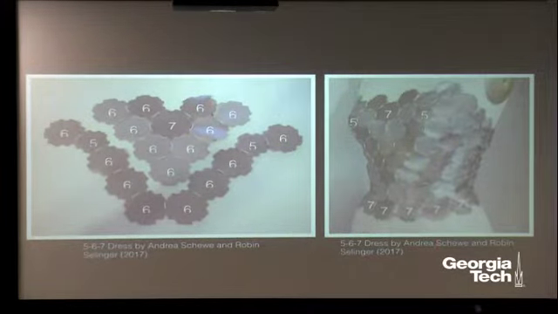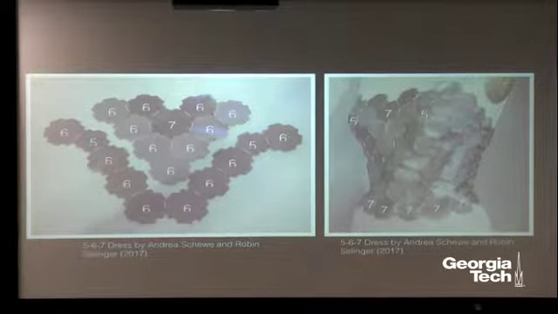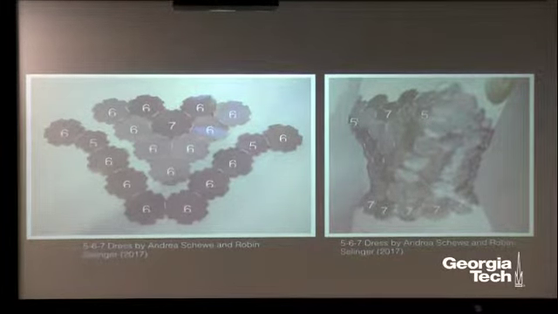So here's a dress that's based on this idea. So this is called the 567 dress. So it was made by my friend Andrea Shui, who is a clothing designer, and Robin Sullinger, who is a professor of theoretical physics at Kent State. So the idea here is that this dress is made entirely out of these regular polygons. So we look at hexagons, pentagons, and heptagons. And despite how it looks, each of the side angles of these are the same length. The edges are the same length.